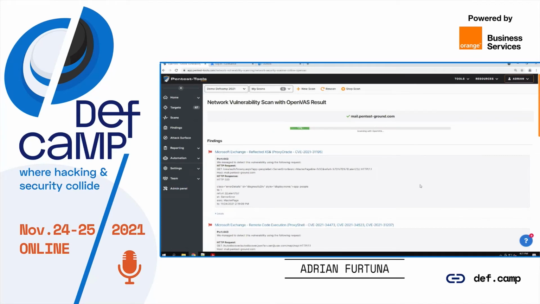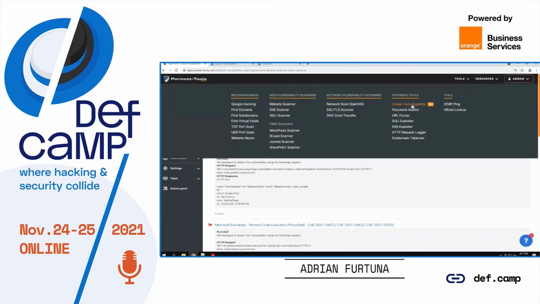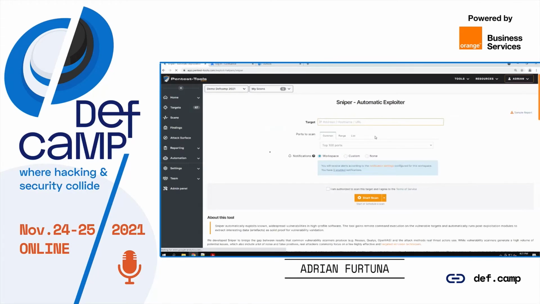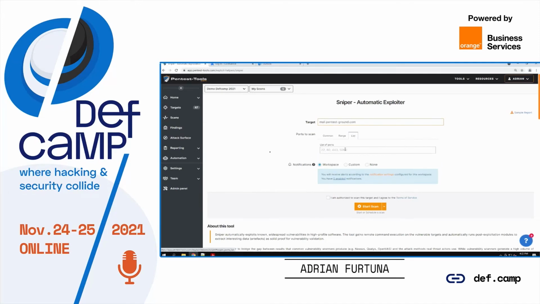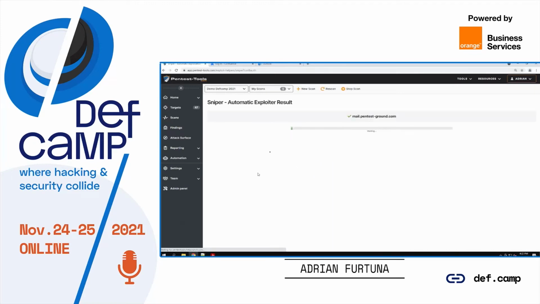So for that, you just need to go to the interface. It's as simple as entering the target. Okay, and I'm going to leave only the port that I know is vulnerable in order to make it a bit faster.